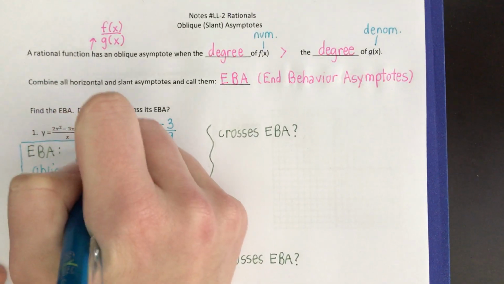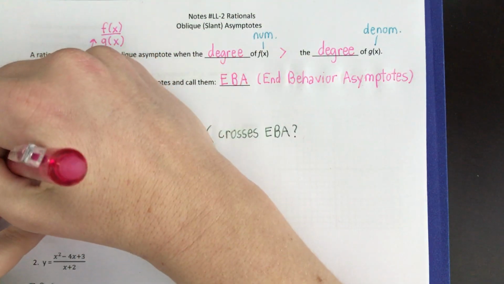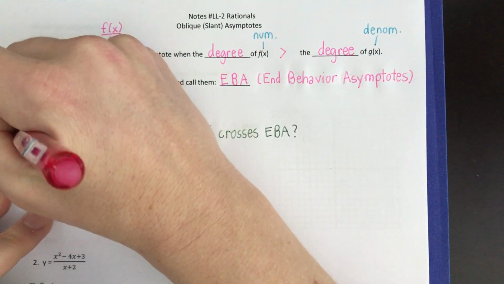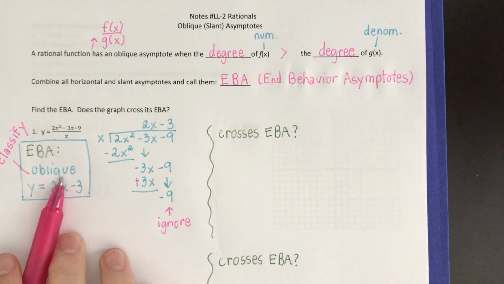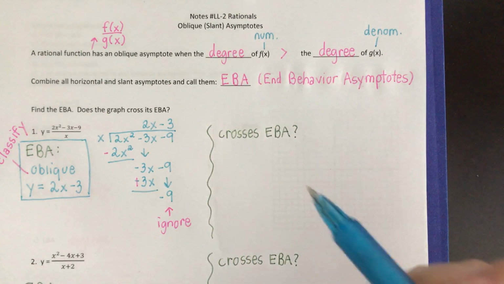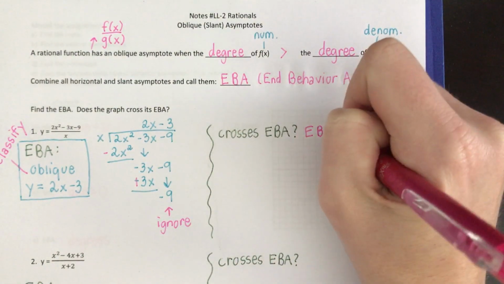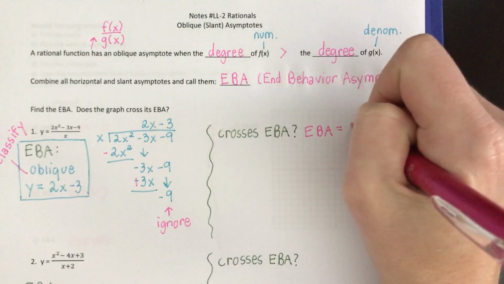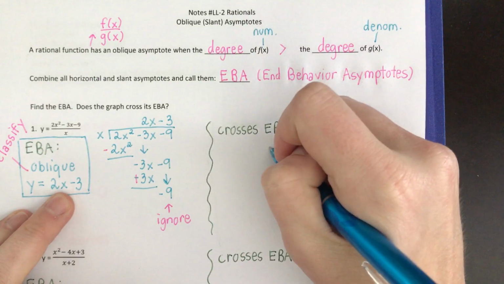So I'm going to box this up, and you always need to classify, meaning don't just put an equation for the end behavior asymptote. Classify whether or not you're dealing with an oblique asymptote or a horizontal asymptote. Okay, so now let's test if the graph crosses the oblique asymptote. Remember, take the EBA, the end behavior asymptote, and set it equal to the function. So we have 2x minus 3